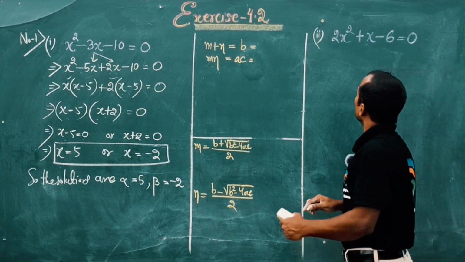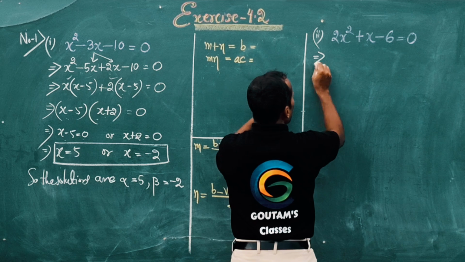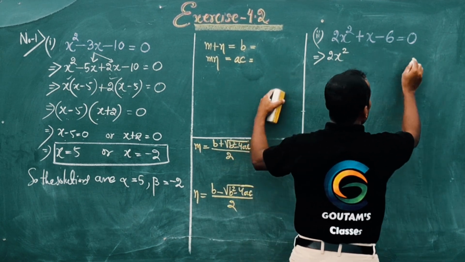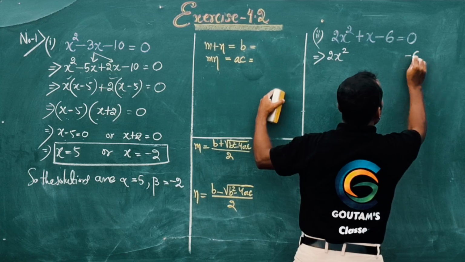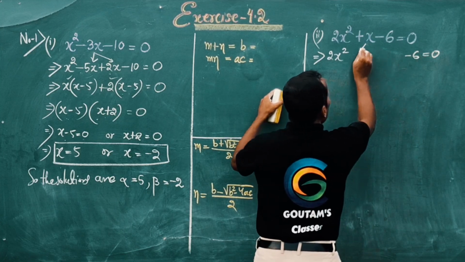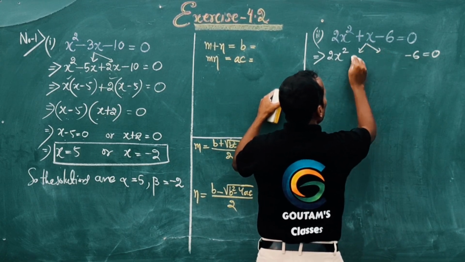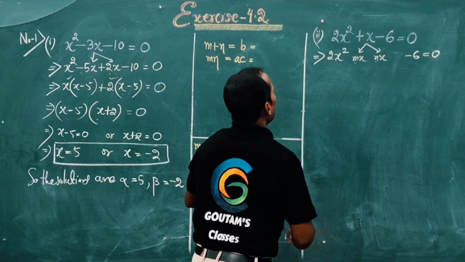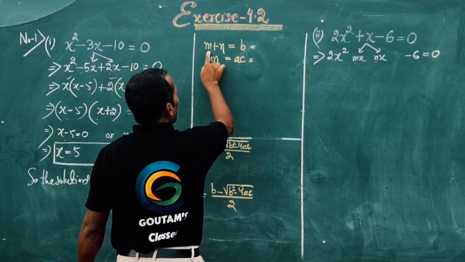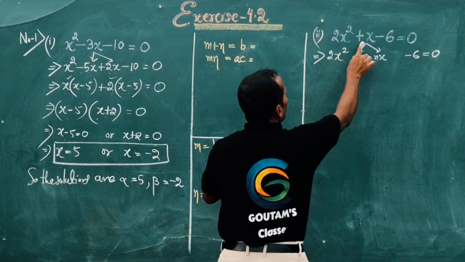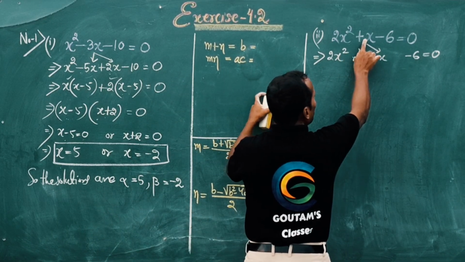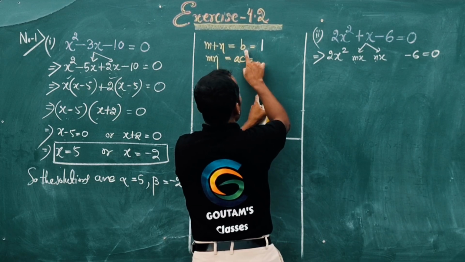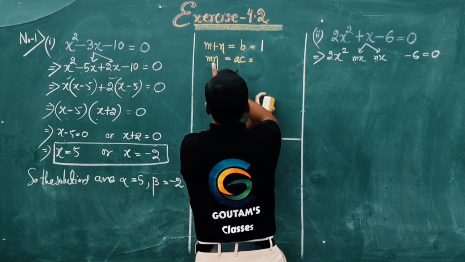Now let us see what we are going to do. In the first step, I shall write the first term ax square as it is and the constant term c, meaning minus 6, as it is, and the middle term will be split into two parts, mx and nx, such that m plus n has to be equal to b. Who is b here? b is the coefficient of the middle term, which is 1, so the sum m plus n has to be equal to 1,